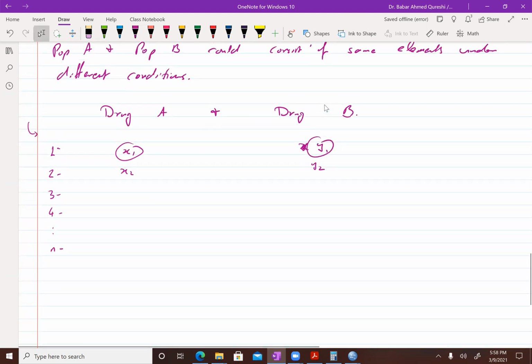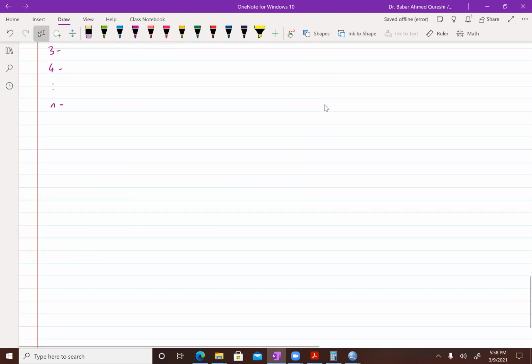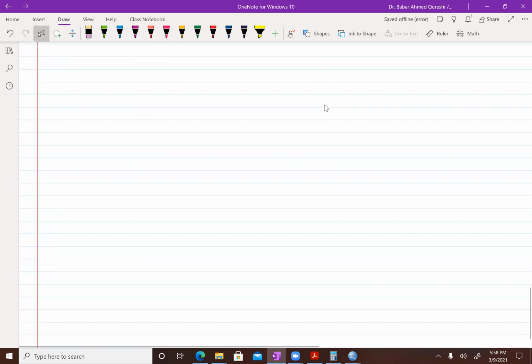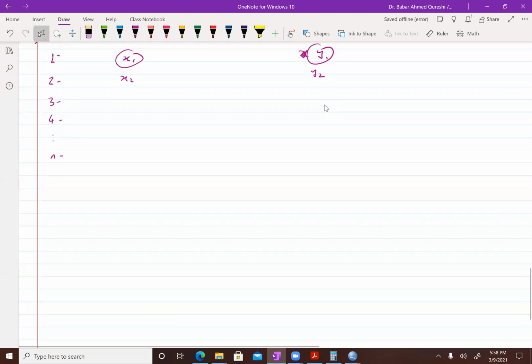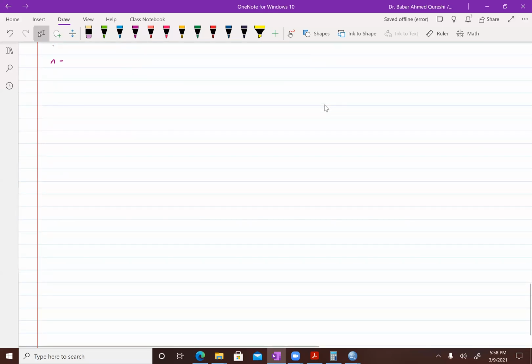And sometimes this dependent sampling can happen when you're not considering the same subjects or same elements from the population. There may be two different populations, let's say population A, population B, but still somehow they are matched. For example, you can ask that